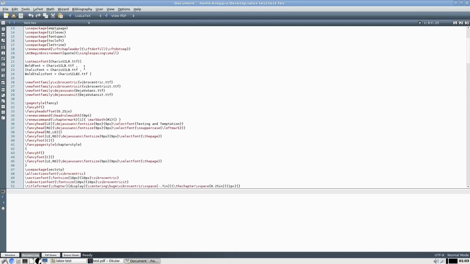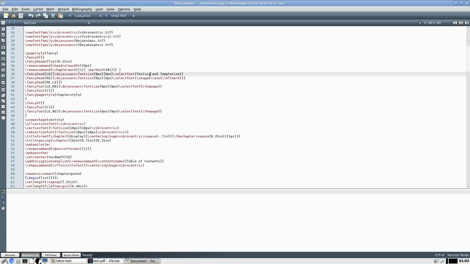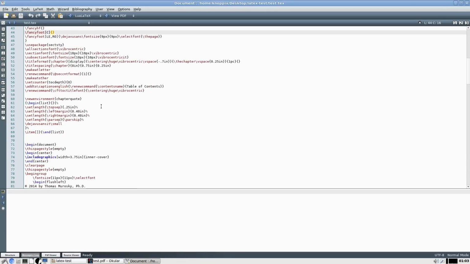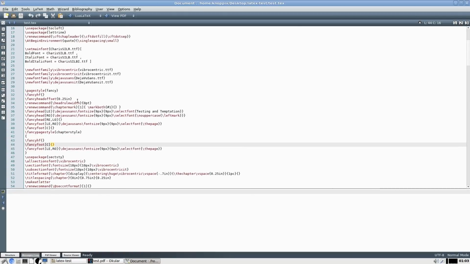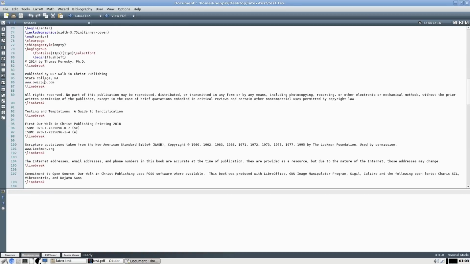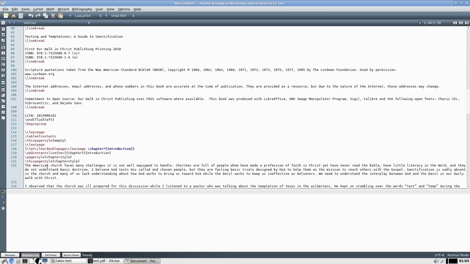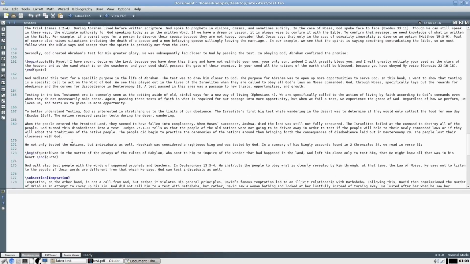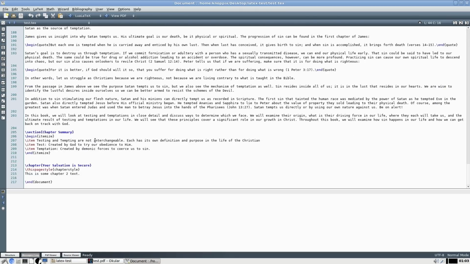Images. What's your basic setup? All of this kind of stuff. And then these fancy heads here, this is what's defining a variety of different settings. So in theory, once you get all of this stuff set up and done, all I have to do is make a few minor tweaks, input the basic markup, which is fairly simple, into these, and that's it. We're off and running. So that is what makes LaTeX potentially a major time saver if you're producing several